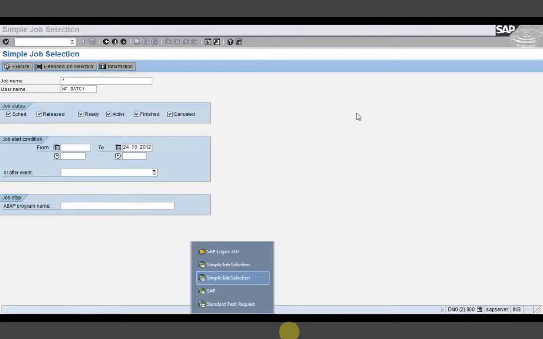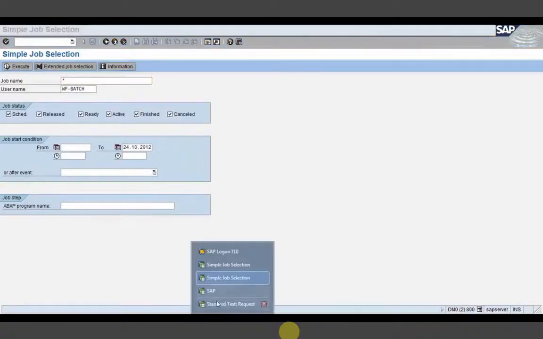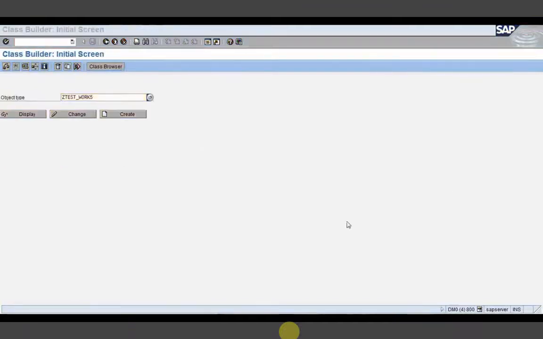So I will try with this particular job also, RSUNN01, and we'll see whether this particular job is scheduled or not. So any doubt for this particular function module? Where is that function module? Yes, Praveen?